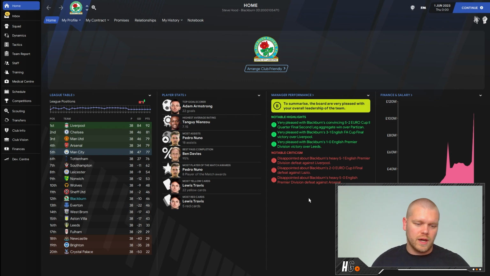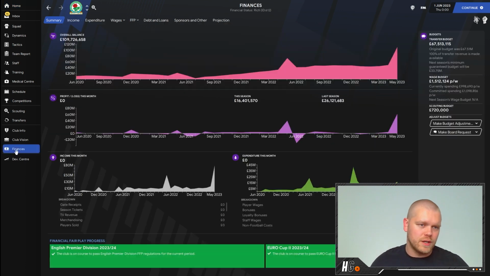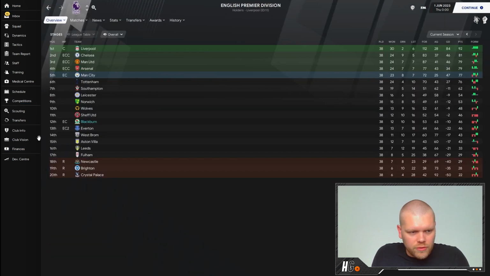I would imagine the playing in Europe has kind of cost us here. It will help us financially, I'd imagine. Our overall balance is now £109 million. We've got £67.5 million to spend going into season 4, but it doesn't look like it's been a good year all round. In terms of that league table,